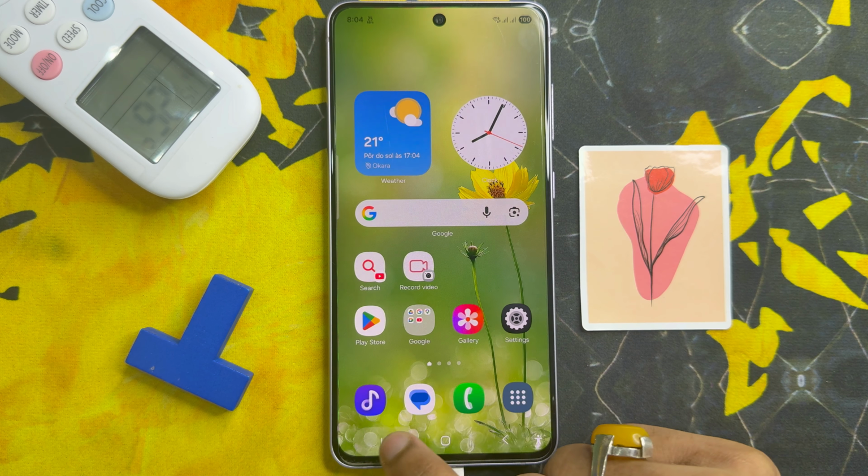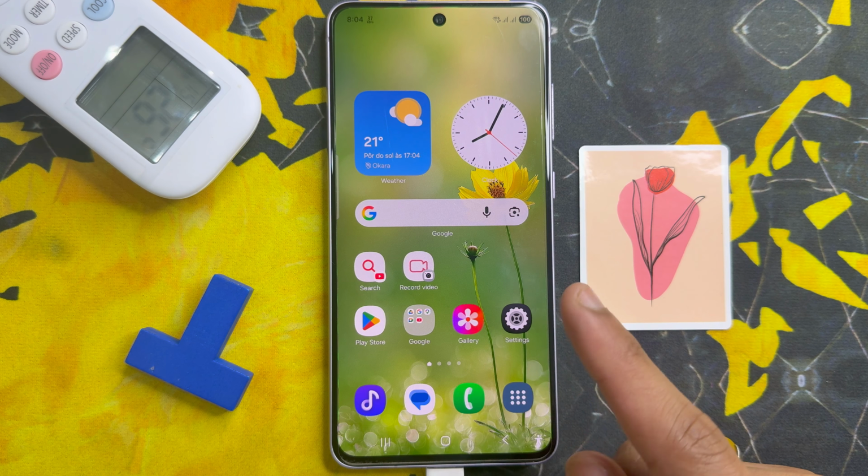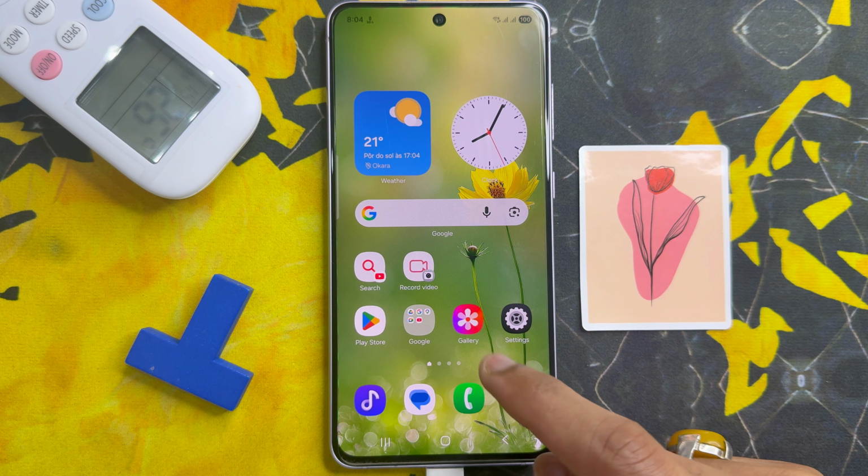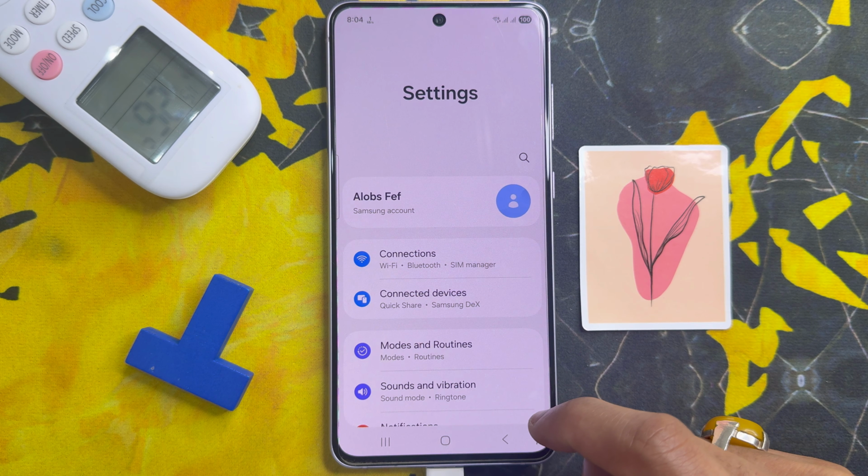After the process, go back to home screen. You will check if your problem is solved. But if it doesn't fix this problem, click on settings app